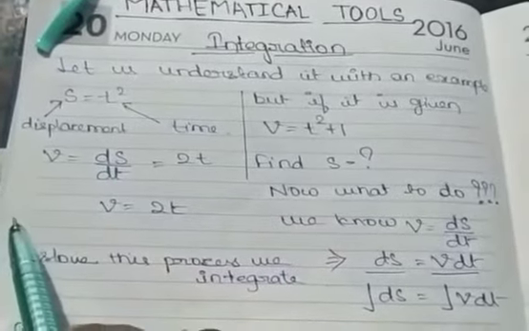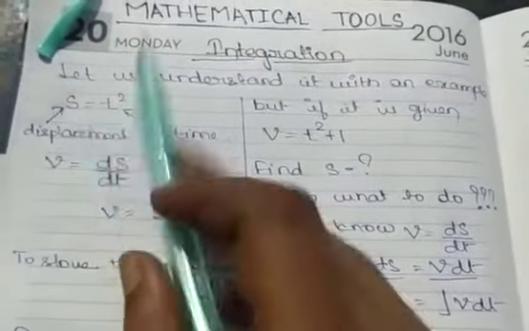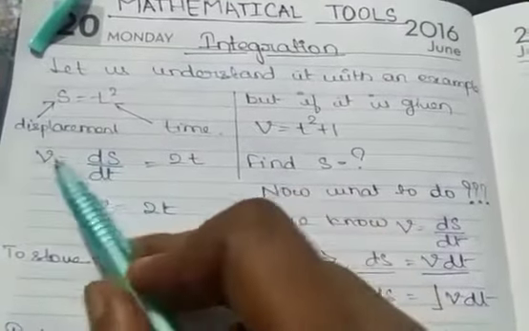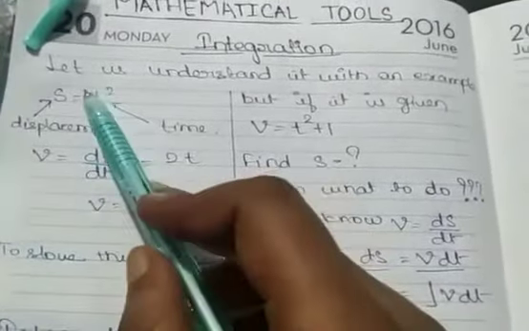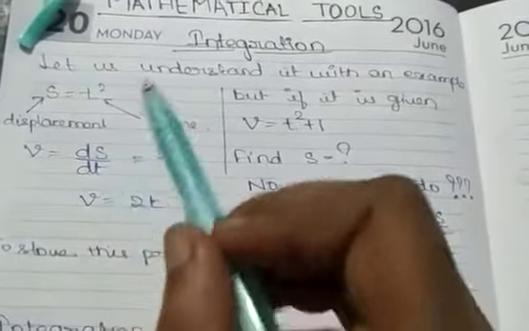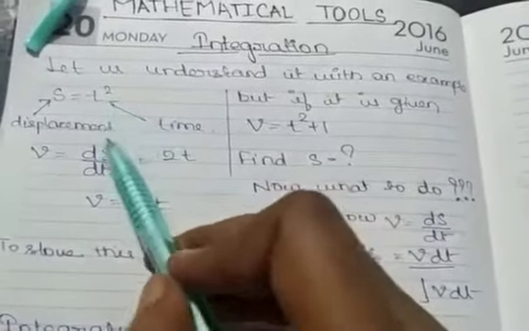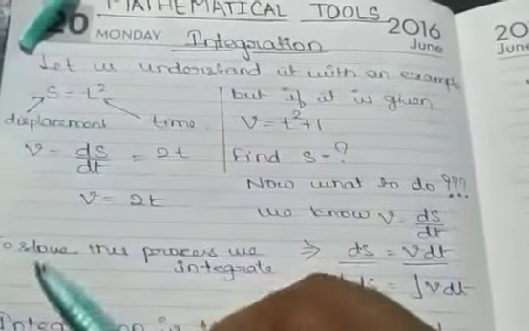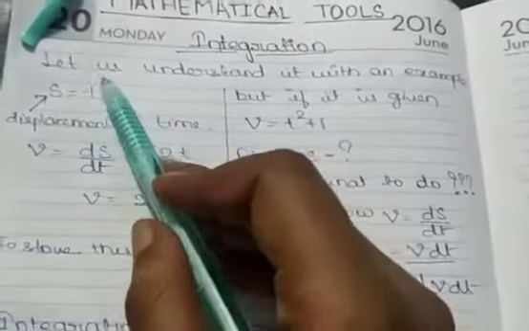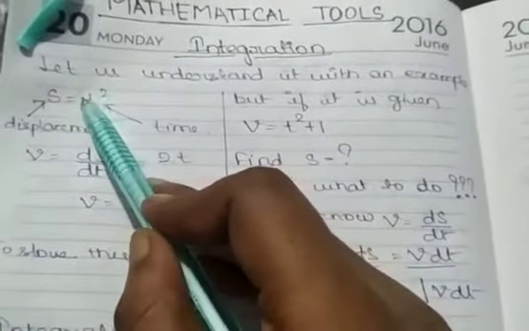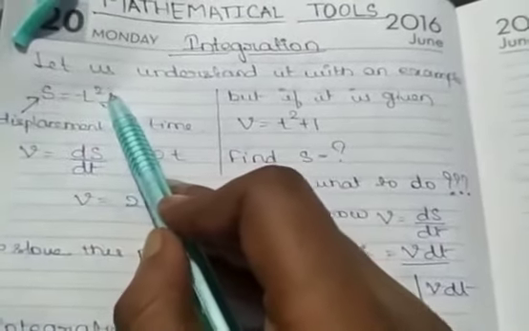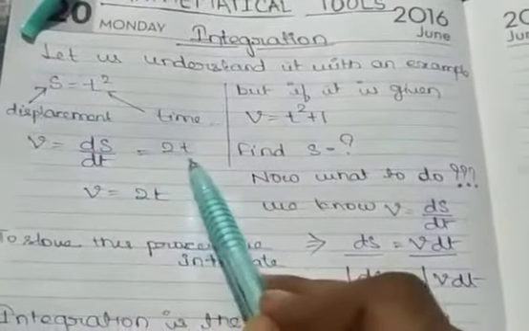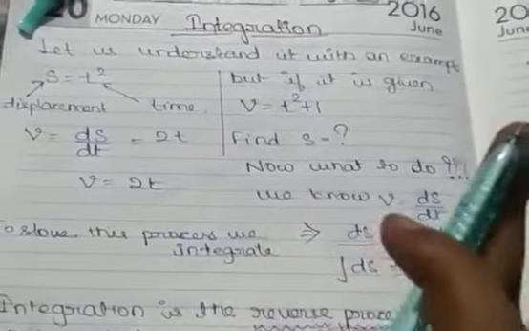I ask you to find the velocity. So what we will do is differentiate it with respect to time. Change in displacement by change in time will give me velocity. In differentiation we have studied that if I want to find the velocity, I have to differentiate displacement with respect to time. So differentiating it, this 2 will come in front and t to the power 2 minus 1. So we got 2 into t to the power 1, that is 2t. This much is clear.